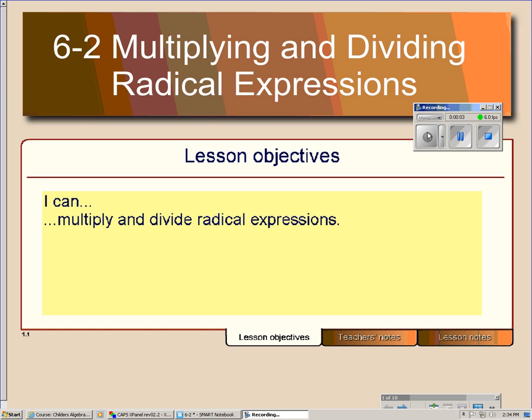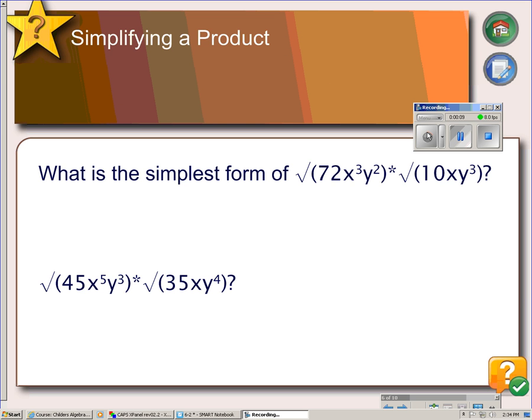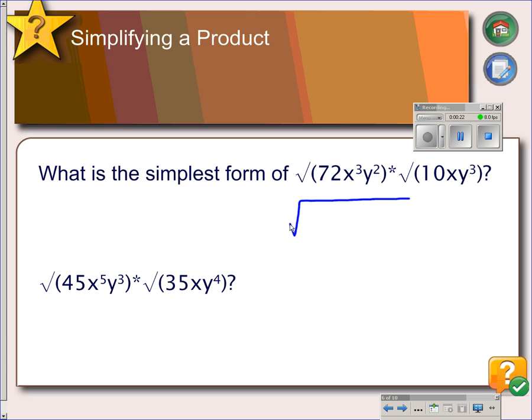We're continuing our lesson in 6.2 about simplifying radical expressions by multiplying and dividing. Okay, here we have to multiply a couple of radical expressions and then simplify the answer. So if we multiply 72 times 10, we get 720. Combining x cubed and x, we get x to the fourth. y squared and y cubed is y to the fifth. So there it is multiplied, but we have to put it in simplest form, which means we have to factor